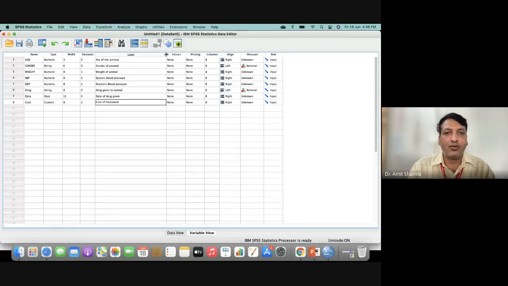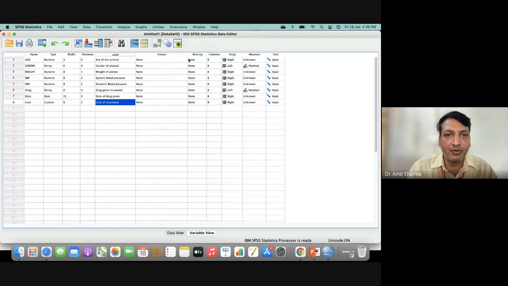Clear? Now after making the variable, you'll come to the values. This is the most important here. Now you have to decide from the beginning of your project in what terms you want to show numerical data. For example, you want to show only mean and median, or you want to show how many animals had age between 5 to 10 weeks, 10 to 15 weeks, 15 to 20 weeks, or 20 to 25 weeks, like this.